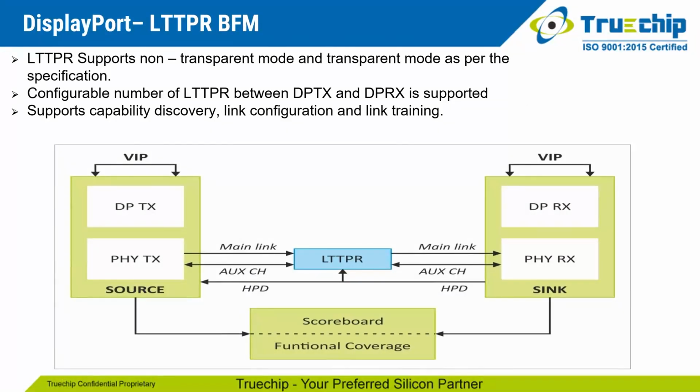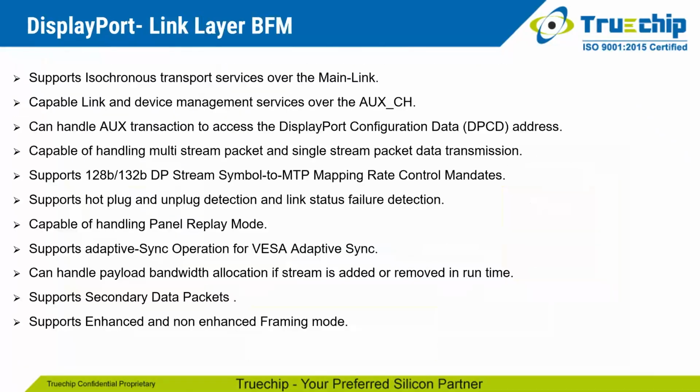DisplayPort LTTPR VFM. In between the DP source device and the DP sync device, an LTTPR can be connected. Not only a single LTTPR, but multiple LTTPR can also be connected in non-transparent mode and transparent mode as per the specification. DisplayPort link layer BFF supports isochronous transport services over the main link, capable link and device management services over the aux channel, can handle aux transaction to access the DisplayPort configuration data DPCD address, capable of handling multi-stream